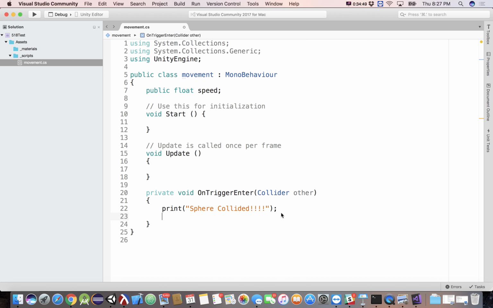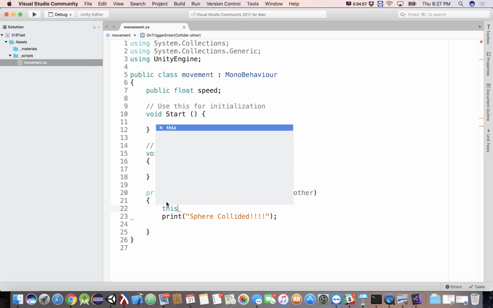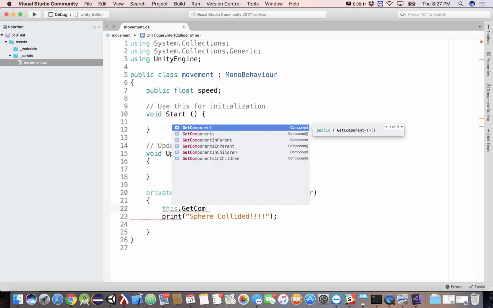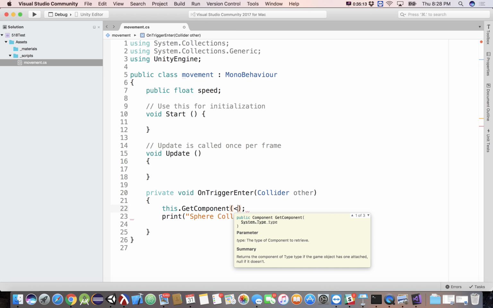That might be something I want to do, right? So something I can do in here is when I say this, this is the game object that this script is attached to. So if I say this dot get component, and I'm going to get the component of type,